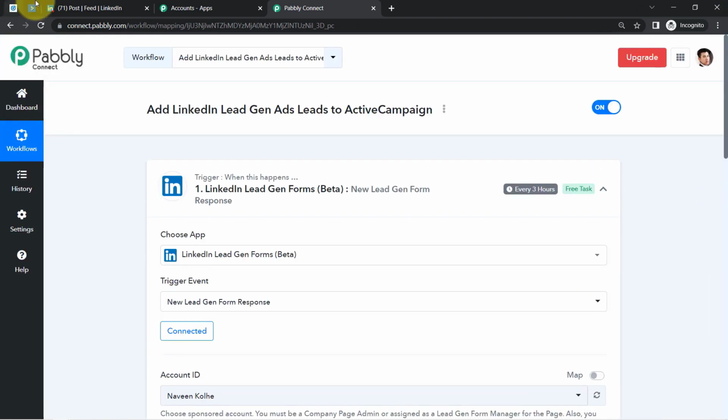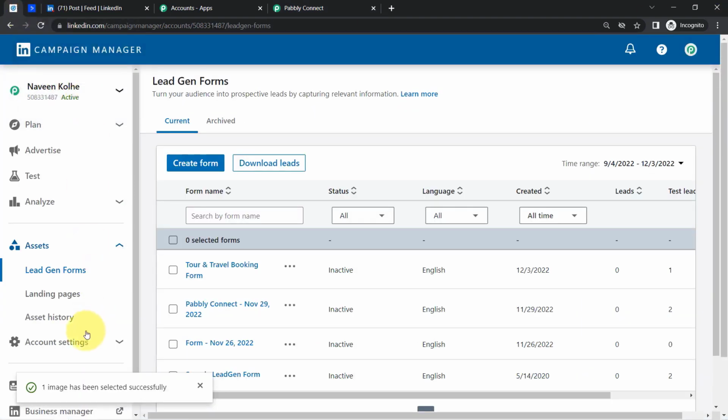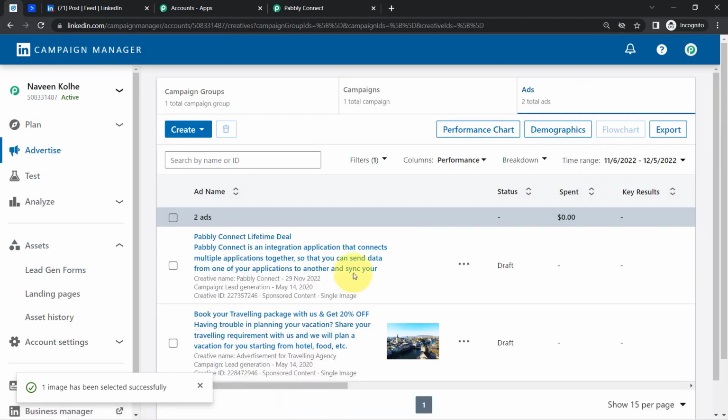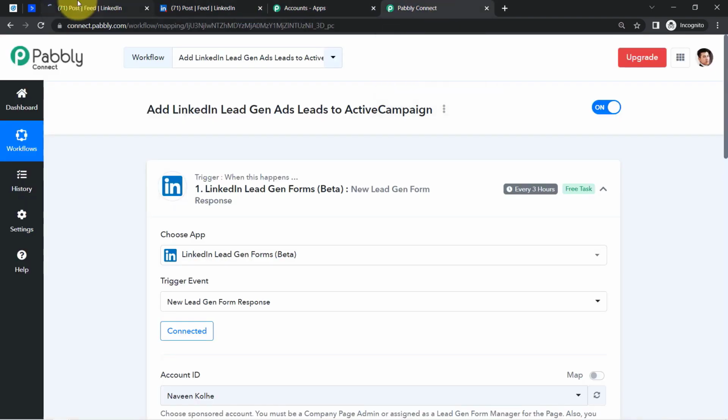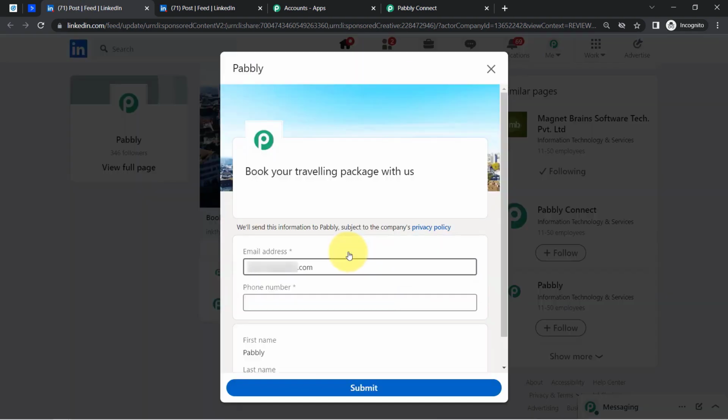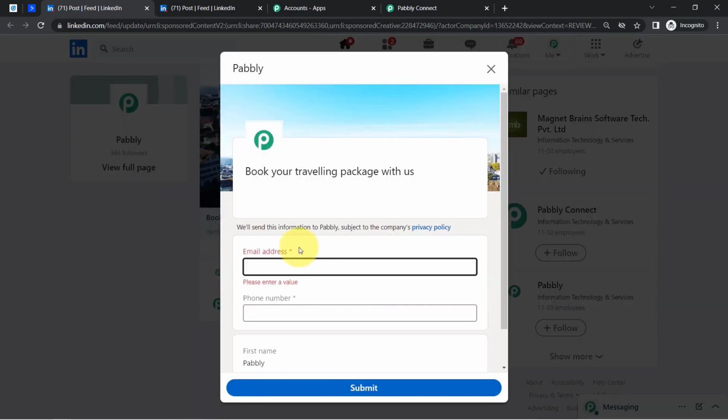Well, here in front of you, I am going to add one more lead. Basically, I will go to the advertise section once again, and from here I will open my ad, and in front of you I'm going to submit my lead generation form, and you will see the same details will be captured here in Pabbly Connect. Okay, so this is my advertisement, and here I'm going to open my lead generation form, and in place of this particular email address, how about I submit some other details, something like